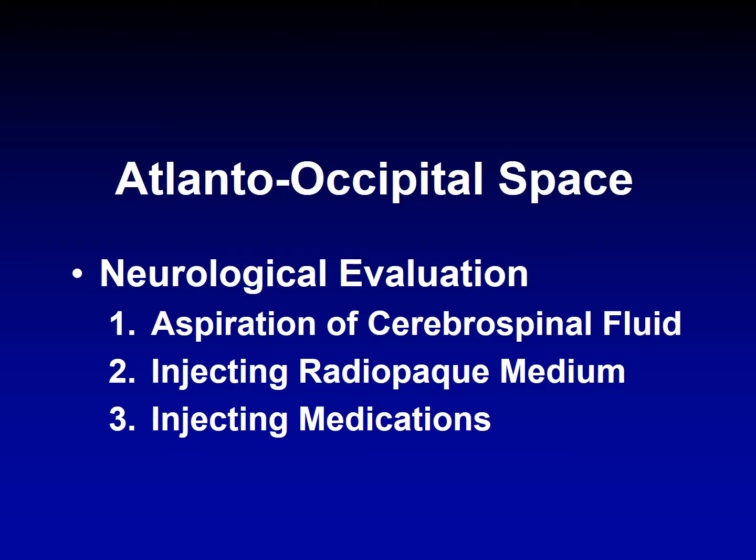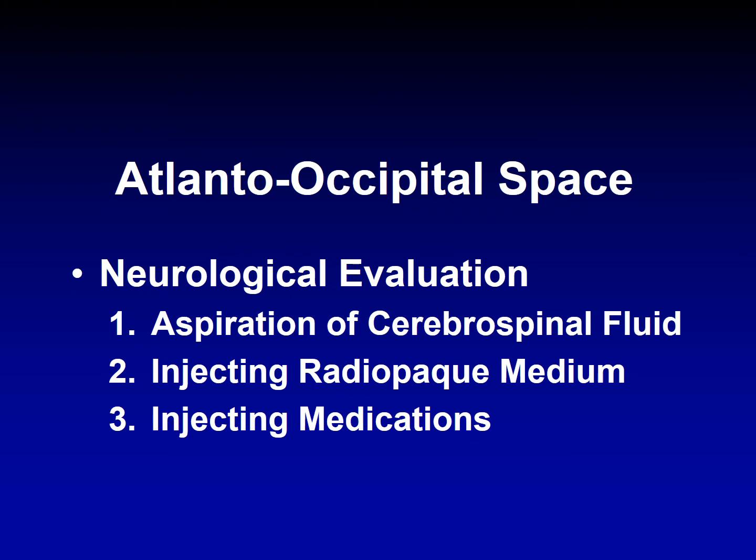The same things that we've talked about: the neurological evaluation, aspiration of cerebrospinal fluid, injecting a radio-opaque material, injecting some medications, anesthesia, you name it. But the most important thing is to aspirate cerebrospinal fluid